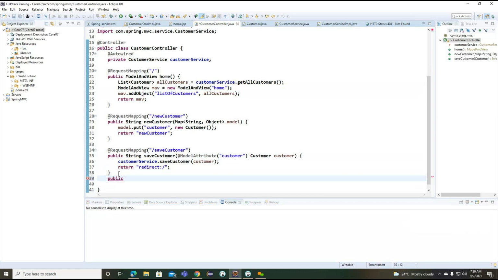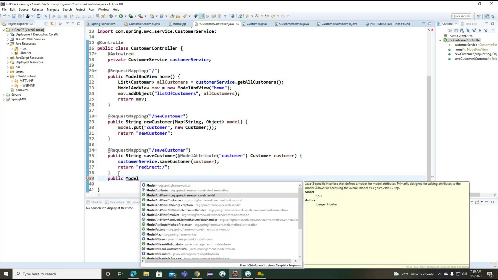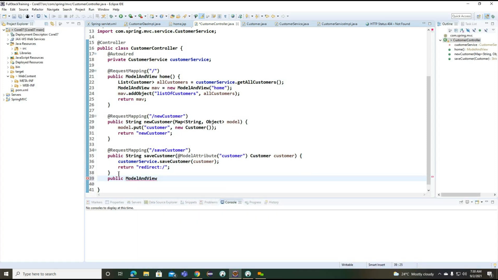And this particular method I want to return as a model and view object here, and edit customer. So with the help of this particular customer, now what we will do, we'll get an ID here.